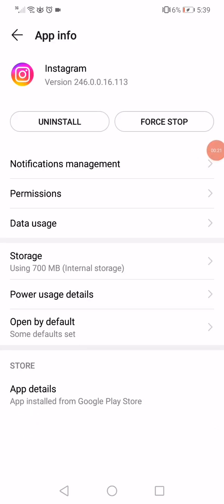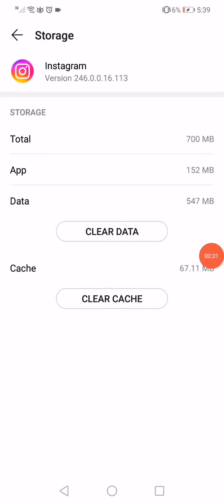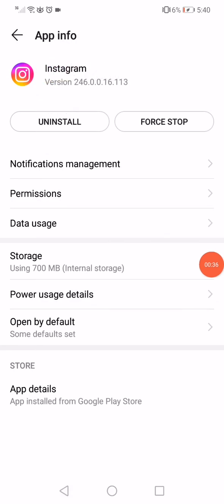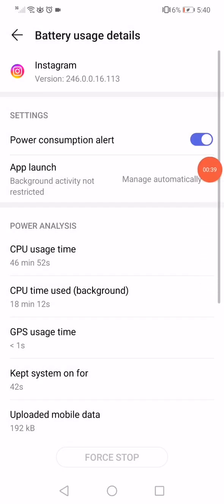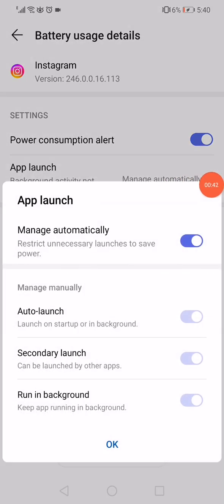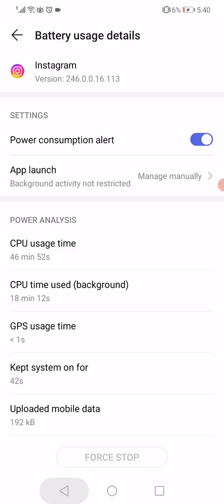This is the app information page. All what you have to do now here is click on this force stop option and then go down to the storage. When you click on the storage, click here on clear data and clear cache. Go back, click on the power usage details, go to the app launch, disable this option and click OK. Go back